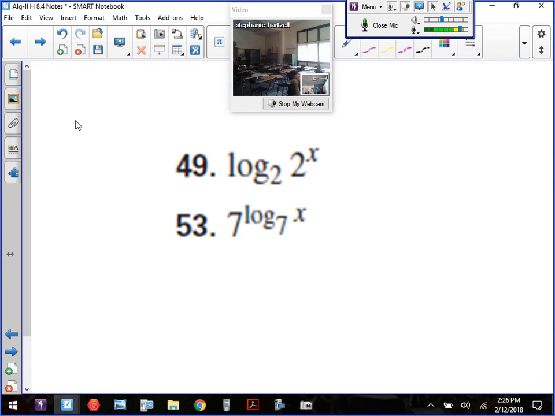What's log base 2 of 2 to the x? X. Yes. Log base 2 of 2 to the x. Those two bases are the same. They both are base 2. They undo each other. Leaves you with an answer of x. 7 to the log base 7 of x also happens to simplify out to equaling